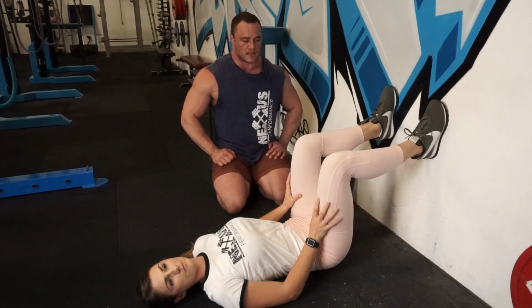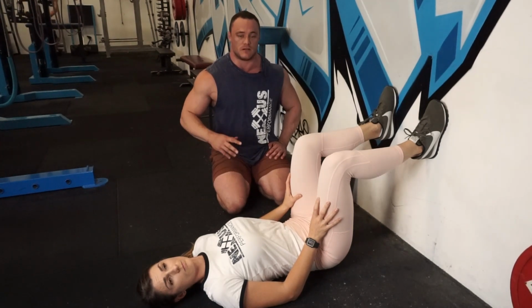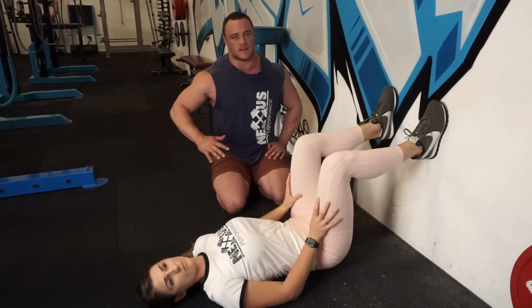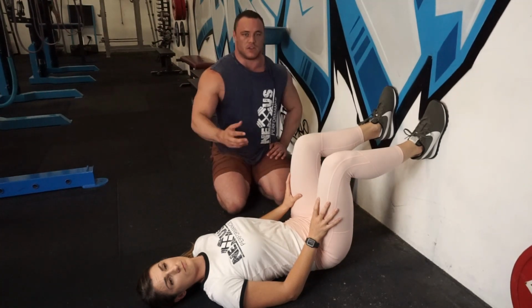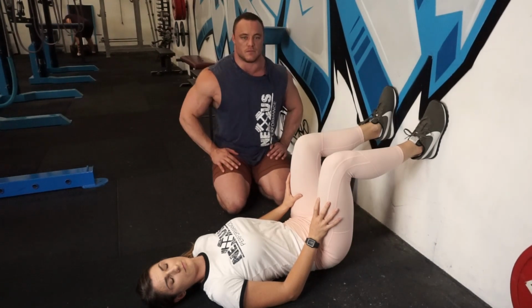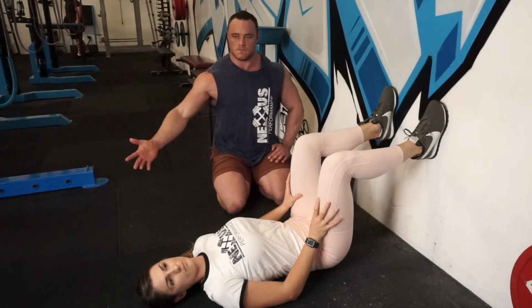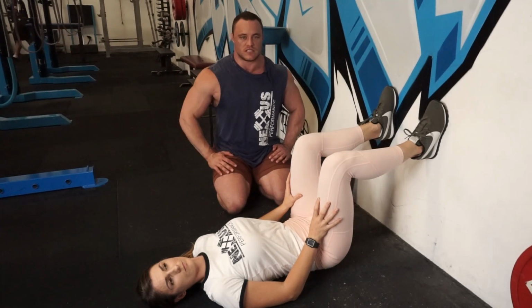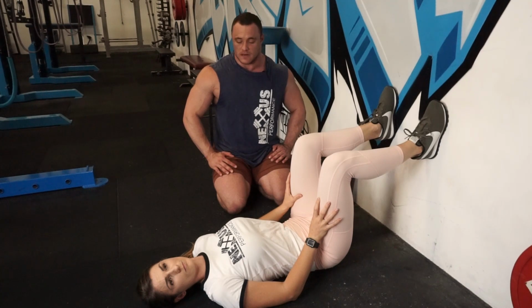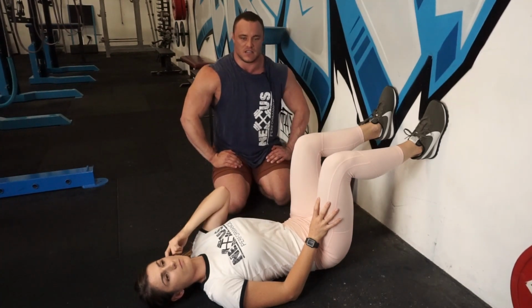So, no secret that powerlifters often fall into extension biases throughout their body. It's what makes us good at the sport, what makes us strong, but sometimes these biases go a little bit too far, and we end up with jacked up lower backs, jacked up hip flexors, and a bunch of other things that go on in the body that make us maybe not so good at powerlifting. So it's not that we want to stop powerlifting or not do these things. Obviously that's our goal, but we want to normalize things, bring back to quote unquote neutral,